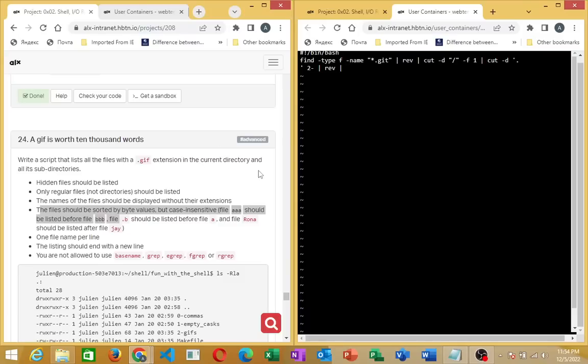Then we reverse the result of our output. Then all these conditions here, the file should be sorted by byte values, but case insensitive files should be listed. So I'm going to write the command that will satisfy that. That will be capital LC